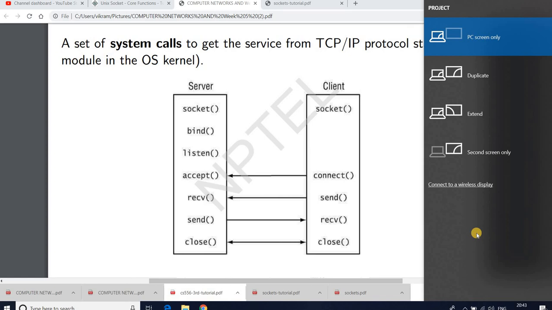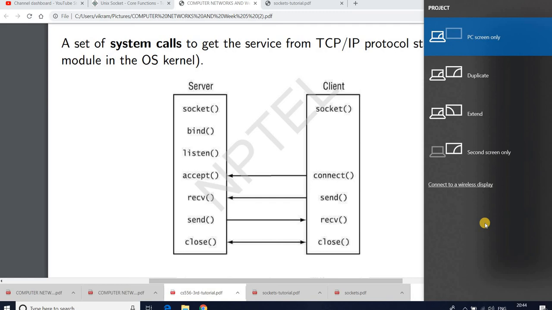Now after these things are done, after you have created the socket at the client side, from the client side you make this connect call to initiate a connection to the port number which is announced by the server. Now this is actually a well-known thing: if you are running an HTTP server, then you are either running on port 80 or port 8080 or some other port which is announced by the server here.